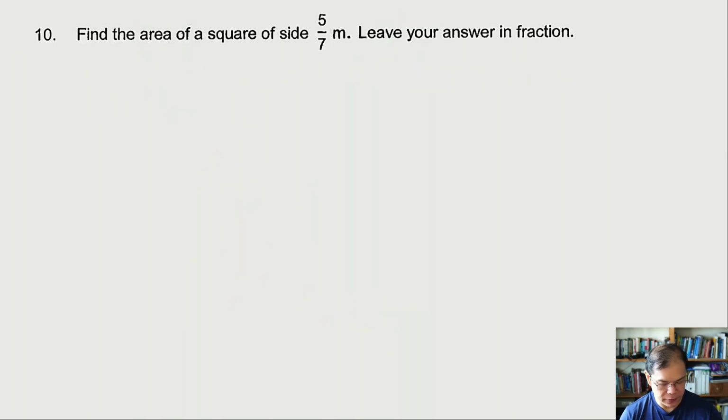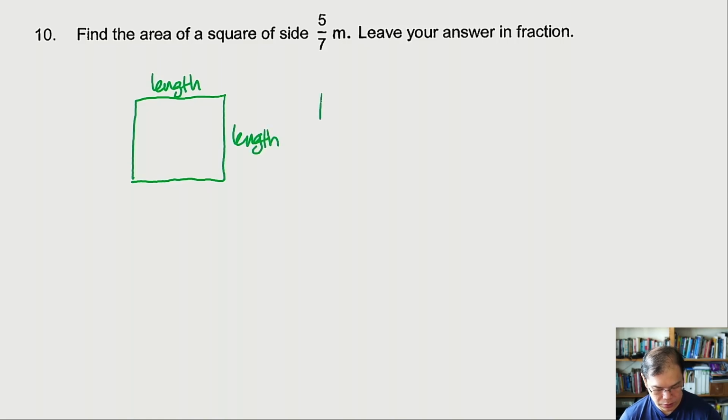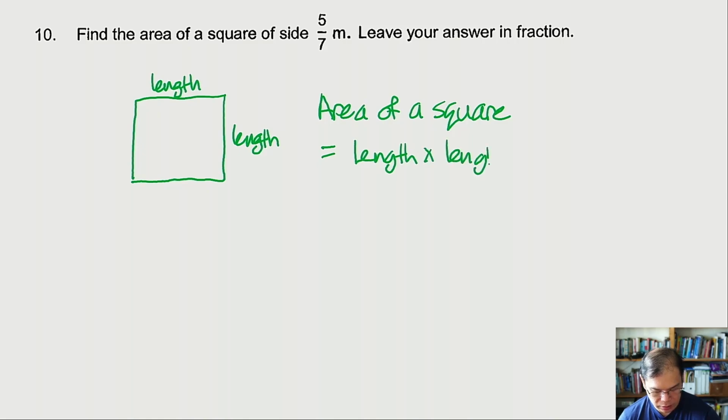Okay, number 10. Find the area of a square of side 5 out of 7 meters, and they ask you to leave your answer in fraction. So if I have a square of a certain length, area of a square, recall it is not length times 4, that will be the perimeter. It is length multiplied by its length. Okay, so in this case it is 5 out of 7,